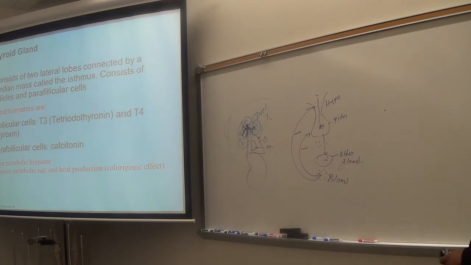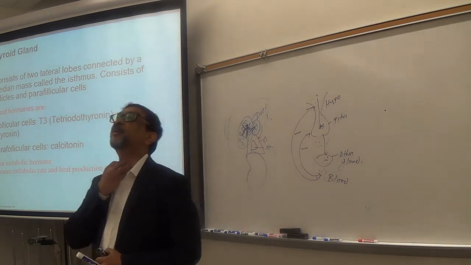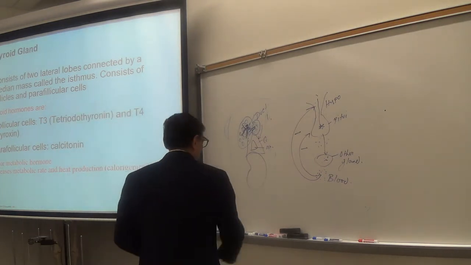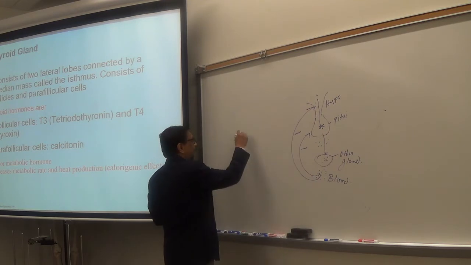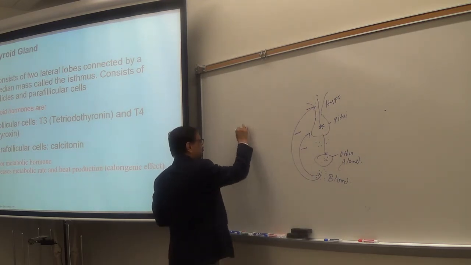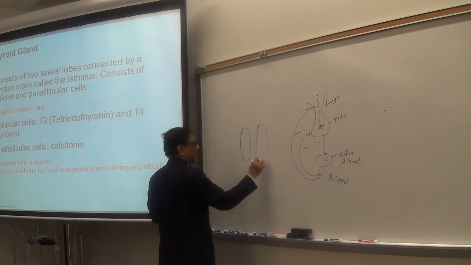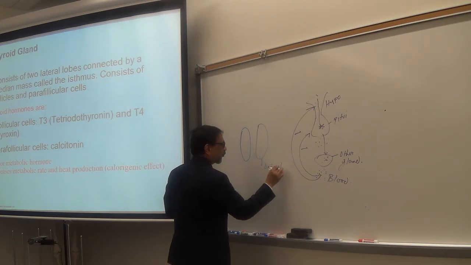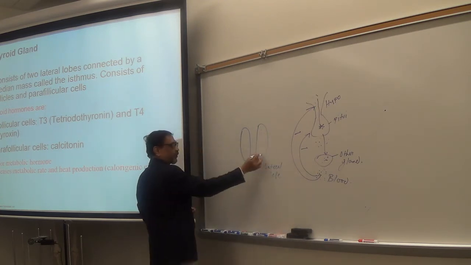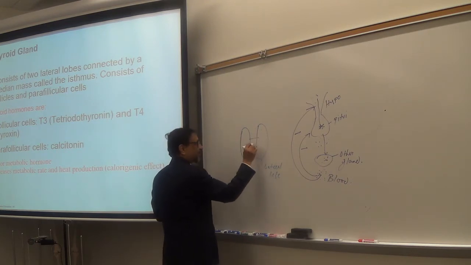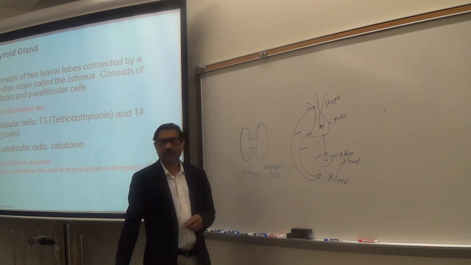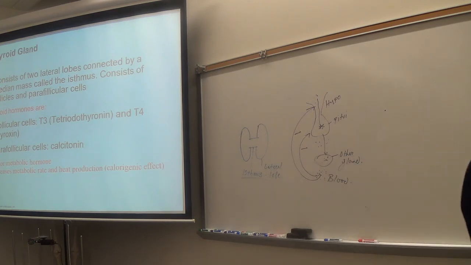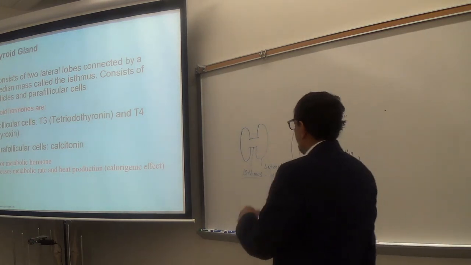Thyroid gland, located in the lower part of the neck, I mentioned before. If you see the anatomy of the thyroid gland, it has two lobes like this. Two lobes. These are called lateral lobes. So two lateral lobes are connected by a structure that is called isthmus. Okay, isthmus. So two lateral lobes connected by an isthmus. Now, if you see in